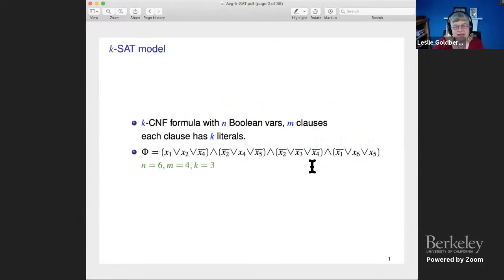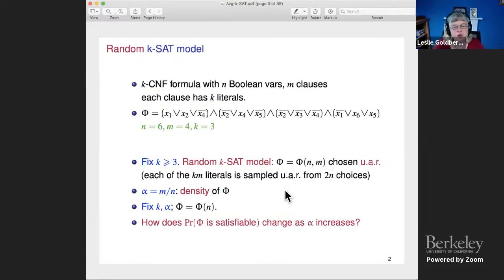Okay, so we'll start with the K-SAT model, which I'm sure you're familiar with. We're going to let K be the number of literals in each clause. So here K is 3. We're going to have n Boolean variables. So I guess they go up to 6 here, and m clauses. Here there's 4. And the model we're going to work in is we're going to fix K, so the number